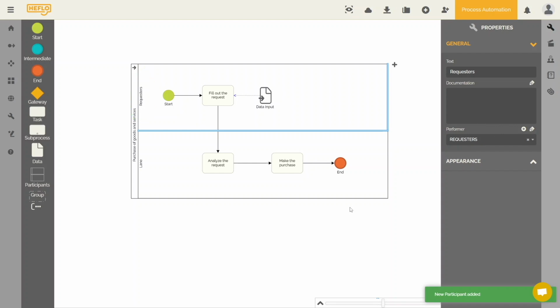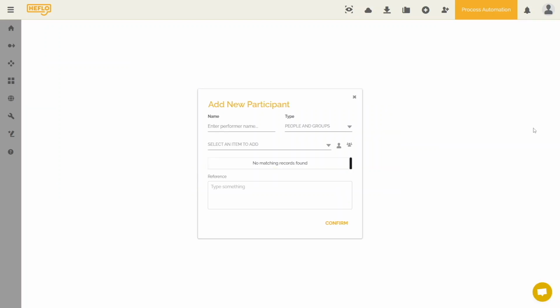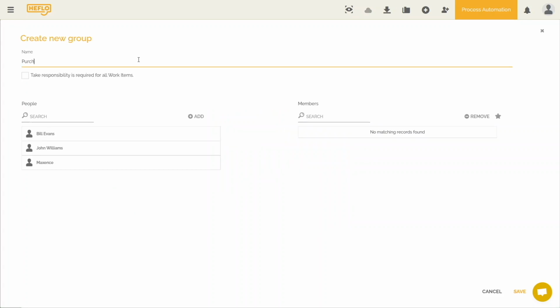We will now configure the second lane. We are going to create a new participant definition. Call this one Purchasers. And here I'm going to ask you to follow this way. Click here on People and Groups, then click on this icon and add users available in your environment.